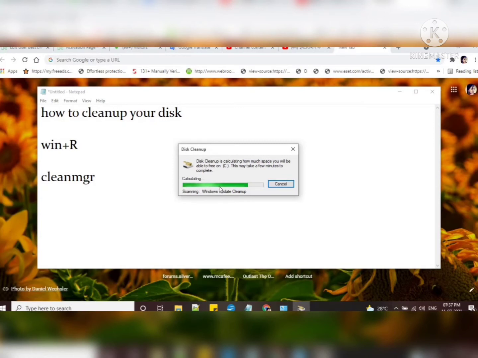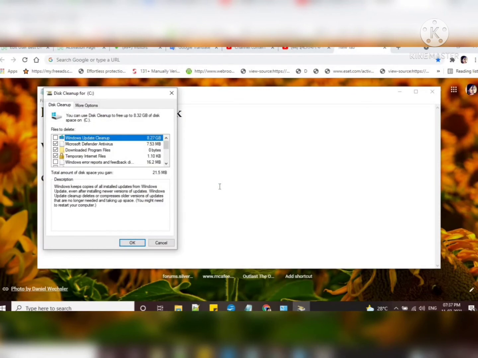This video is about the cleanup of the disk, not about the complete tune-up of a computer. A tune-up of a computer can include various things, like cleaning the browser and other software which may have some cache.